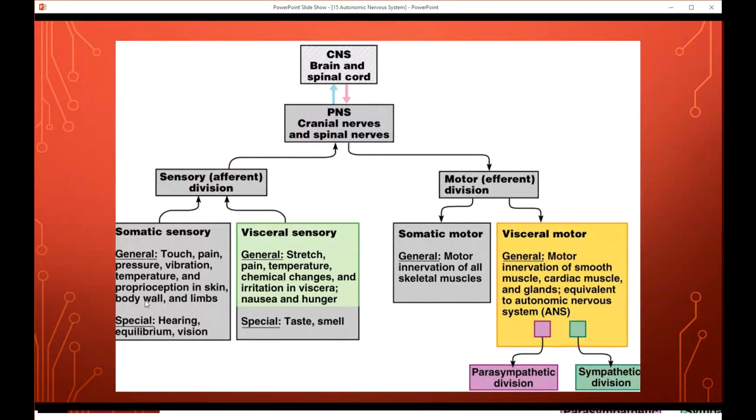Okay, so we have the somatic sensory. So these are your five senses as well as hearing, equilibrium, and proprioception, vibration, pressure, pain, all that good stuff. And then our visceral sensory. So this is going to be like our stretch, pain, temperature changes with our viscera. So like nausea and hunger are going to be visceral sensory symptoms. And then we have some special systems here as well, like taste and smell. Okay, so we're going to be sending that information up to our central nervous system, our brain